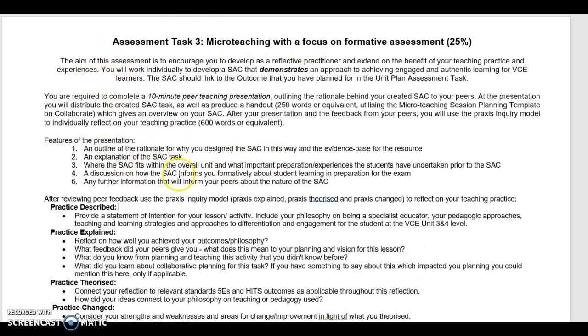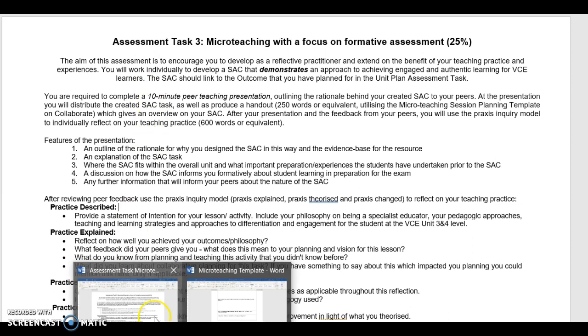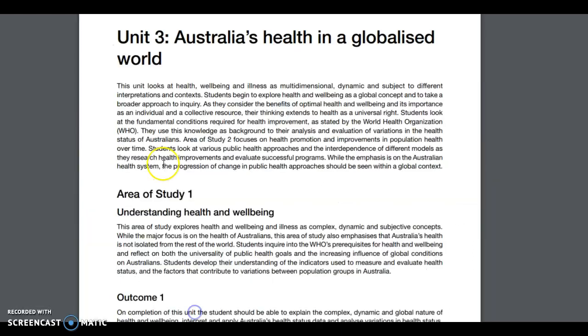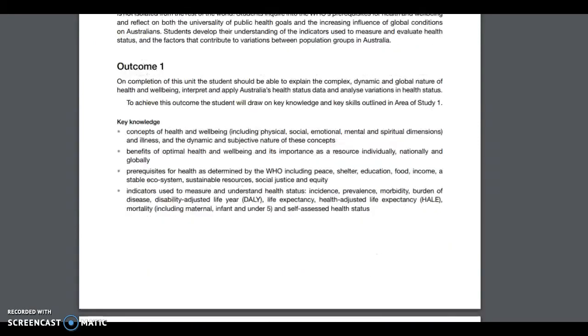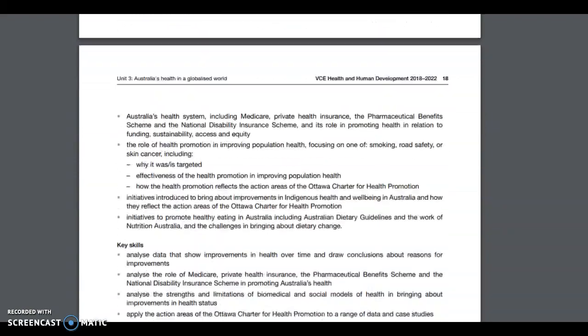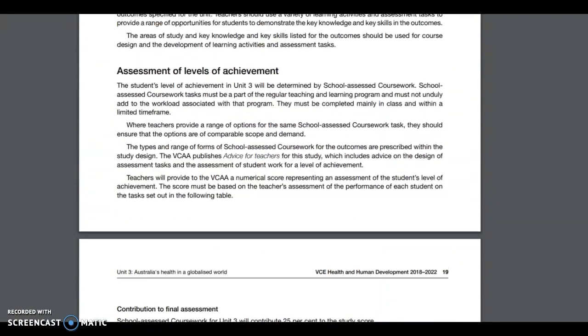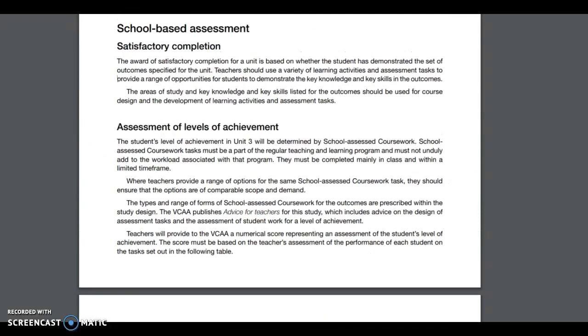So heading back to the criteria, when you choose a SAC, you need to be considering all the advice given to you by the VCAA, and you will find a lot of it in, as I've said before, the advice for teachers and the study design. What's really important to consider, if I'm looking here, we've got health and human development study design, we've got unit 3. If we scroll down and have a look at the assessments of the levels of achievement, okay, the SAC